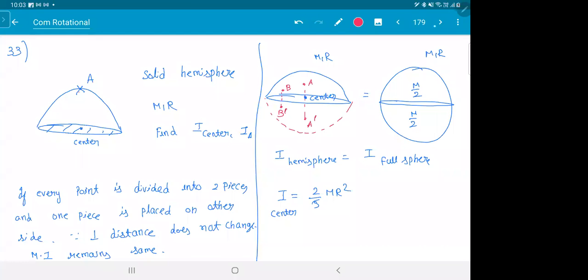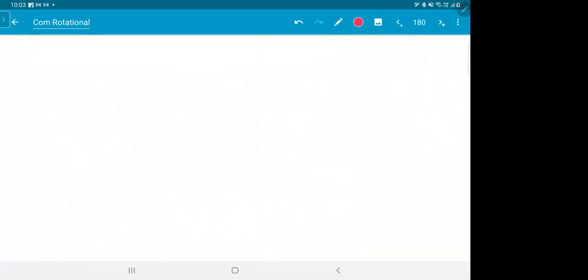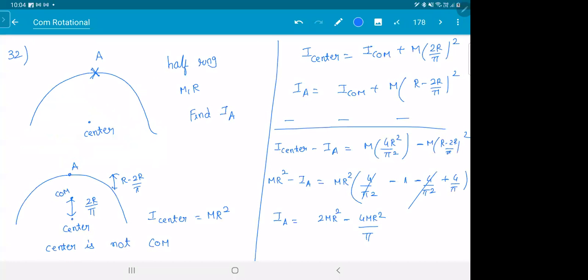Now what is the answer for that? This is center of mass. This is center. This is A. This is slightly tough. They won't ask you this, but they'll ask you that Rinka question. Huh? This is the previous question. This will come again in simple harmonic motion, 32. Remember this.